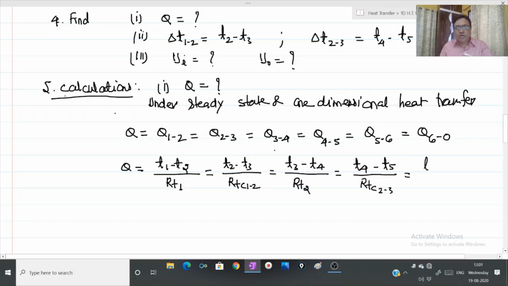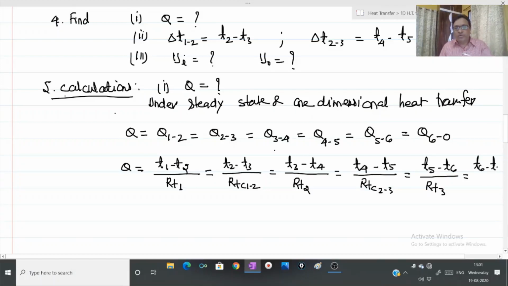Q56 will be equal to the temperature drop at insulation 2 over its thermal resistance, and finally Q60 is